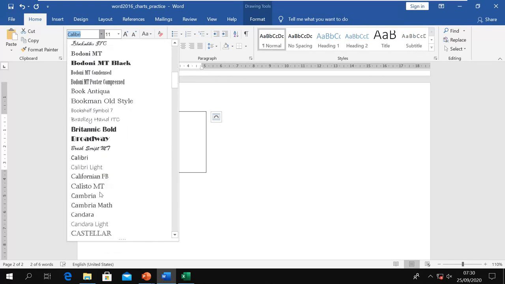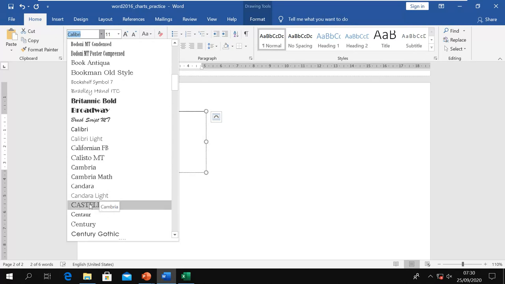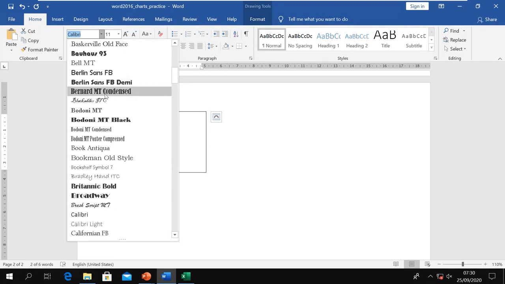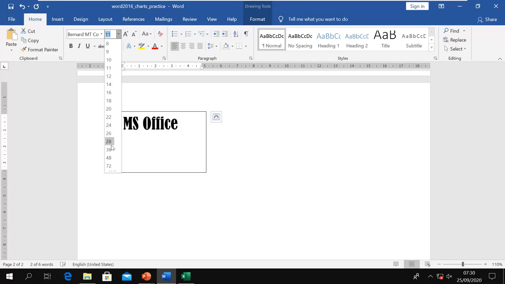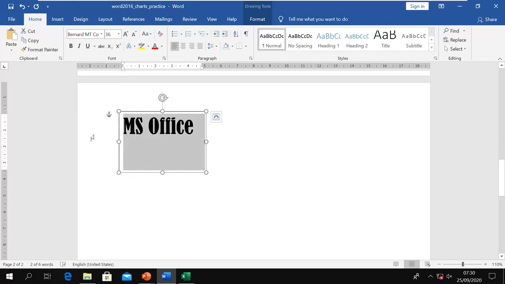You can choose from multiple styles. I want it like this. I want a big size. And you can make it bold, it is already bold.